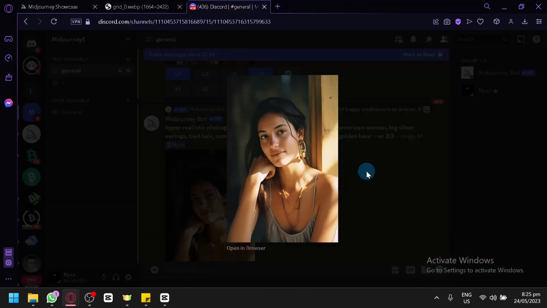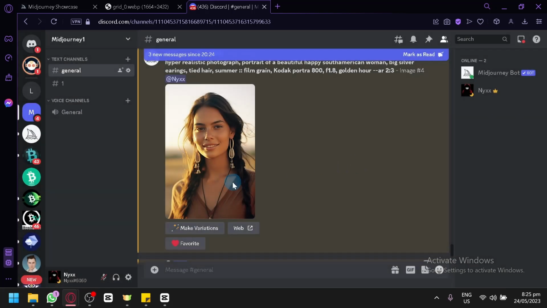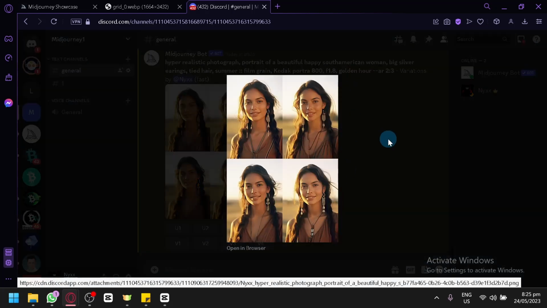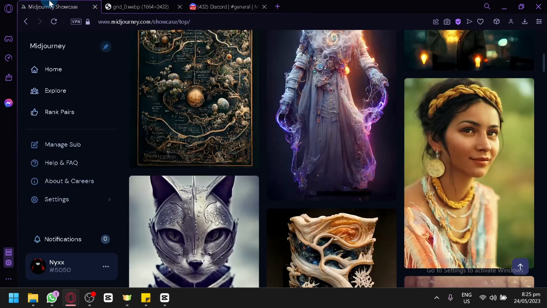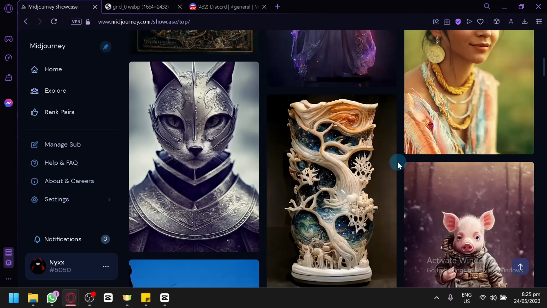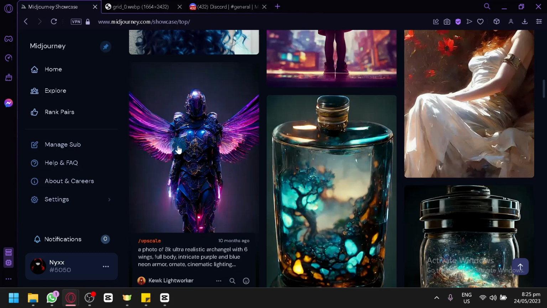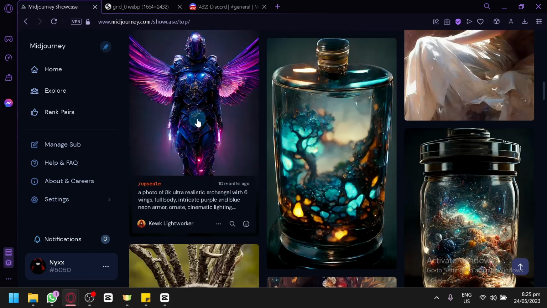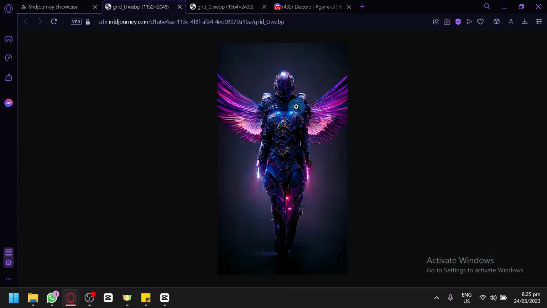We can also check out the other image produced. This is the fourth image, as you can see, and this is the different variation that we have asked it to produce. Now we could do another one. For example, this time we're going to go with a fantasy design, a fantasy style, and let's see if there's a fantasy design here. For example, this one, a very amazing design over here. We could click this and we could zoom in and out over here. As you can see, very crystal-looking